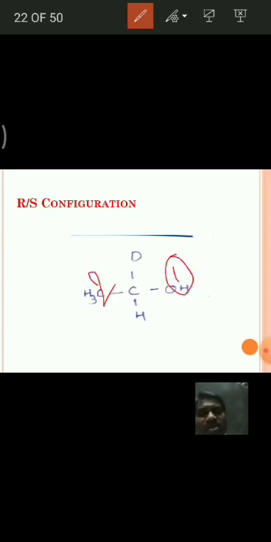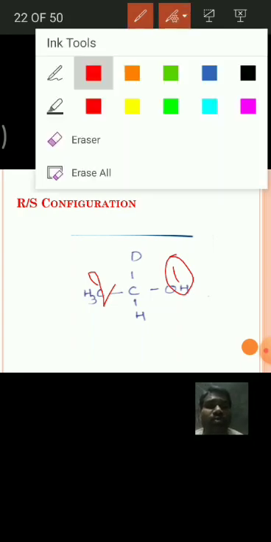Next, carbon, second priority. And coming to deuterium and hydrogen, we know that deuterium is the isotope of hydrogen and both are having atomic number 1. Then how to give priority to these groups? Which is having highest priority and which is having lowest priority? For this, we need to